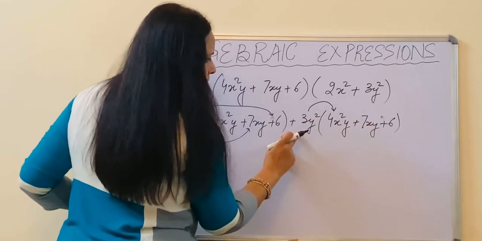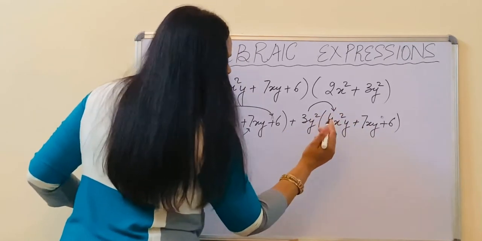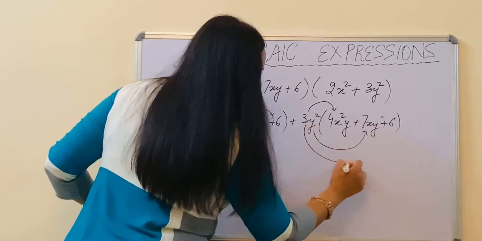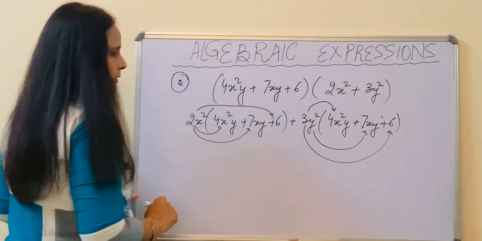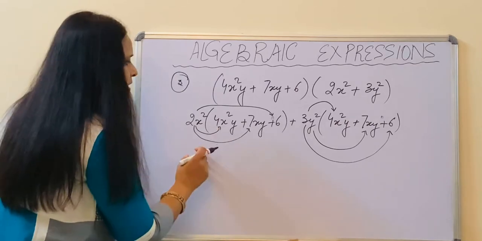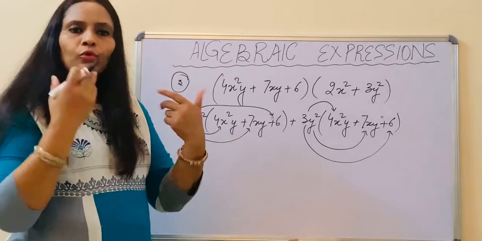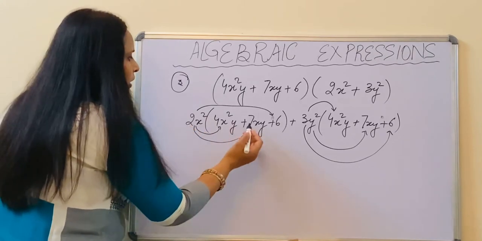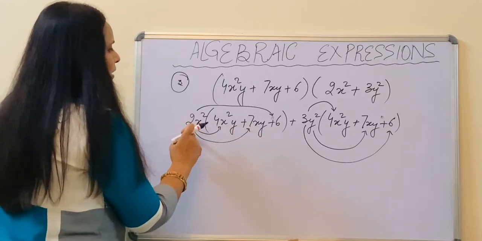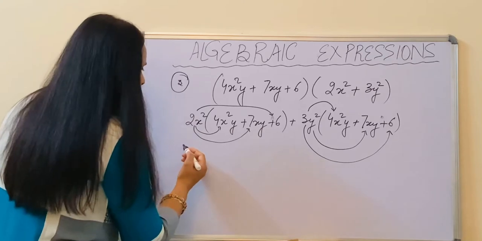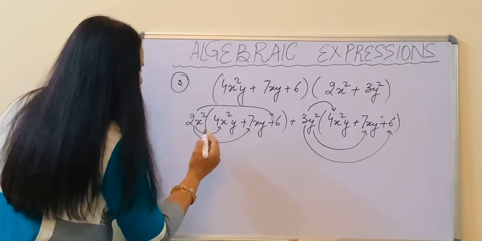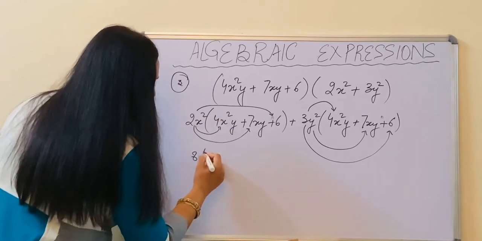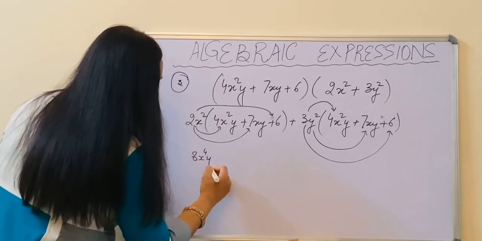First we have to multiply 3y square with 4x square y, then with 7xy, then with 6. Writing the results, calculate in your mind, you know the rules. What you have to do is multiply the numerical value with the numerical value and the literal value with the literal value. The thing is, 4 2s are 8, x square, x raised to the power 4 and y,